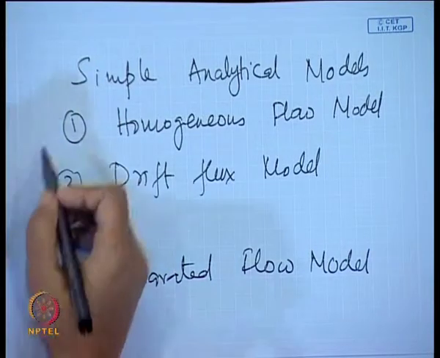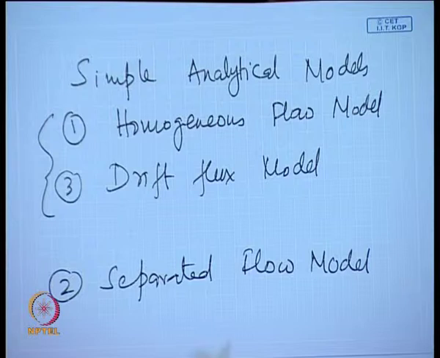So, generally these two are used for mixed flow and dispersed flow. If you remember the classification of flow pattern which I had done during my flow pattern discussion, at one extreme there was dispersed flow, the other extreme there was separated flow, and in the middle there was a range of mixed flow. So, for dispersed flow, for very high phase velocities, homogeneous flow model, but as the phase velocities start getting a little less, then we find the slip comes in,